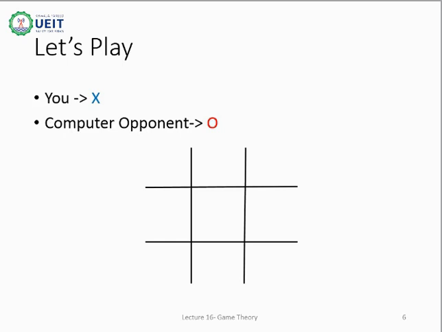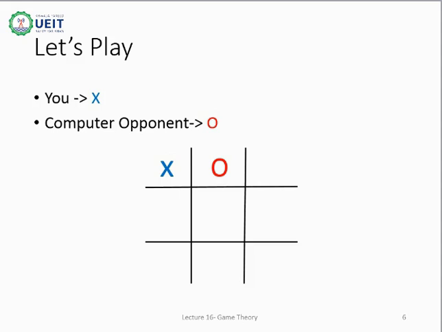You mark a random box with X. It's now the adversary's turn, which is the computer. It will mark a box with O. You will try to mark X in a box that can help you win, and the computer will try to mark O in a box to stop you from winning. This is typical human psyche. Whenever we play, we try to defeat the opponent by reducing their chances to win. Just like in Ludo, we never let the opponent's token roam free if we can kill it.